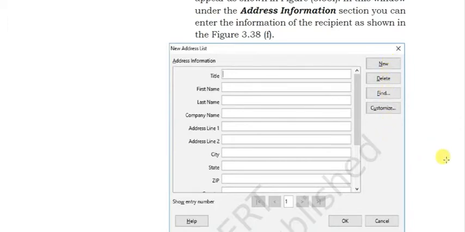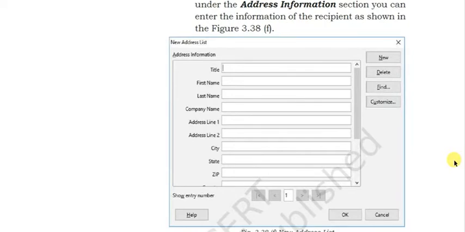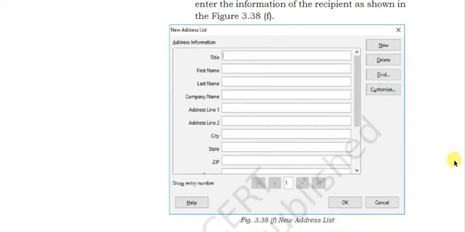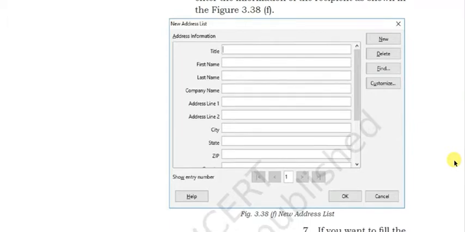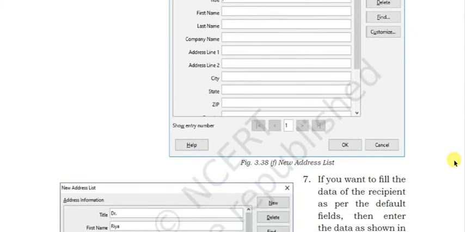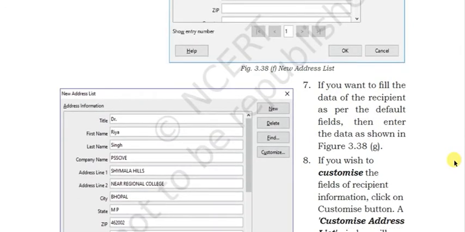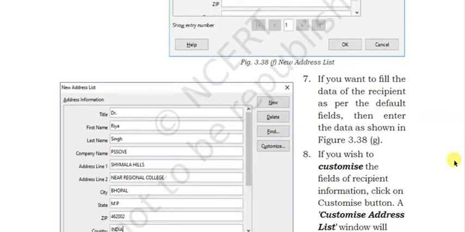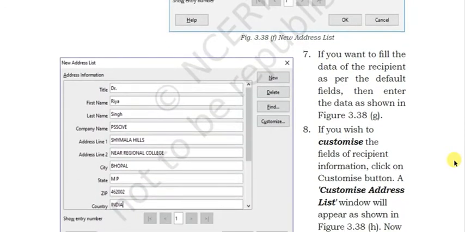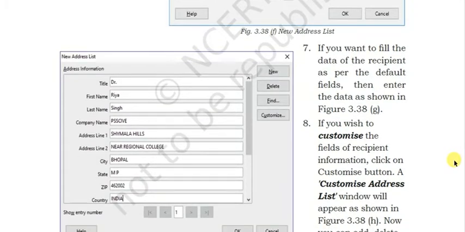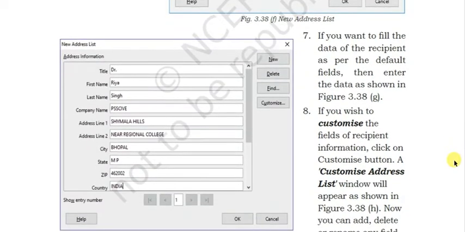So you can create as many recipients as you want here. So it will be your address list. If you want to fill the data of the recipient as per the default fields, then enter the data as shown in the figures. So this will be your filled-up data.